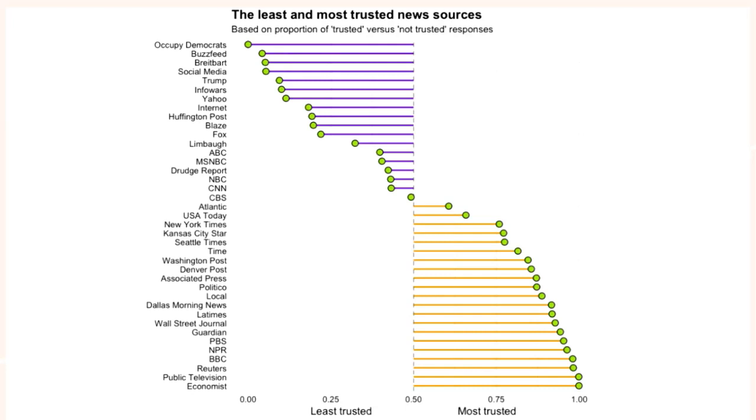But I thought it was interesting what the perceptions were. BBC is very highly trusted, CBS is sort of in the middle, and Huffington Post and BuzzFeed are not trustworthy. The Economist was the highest rated.